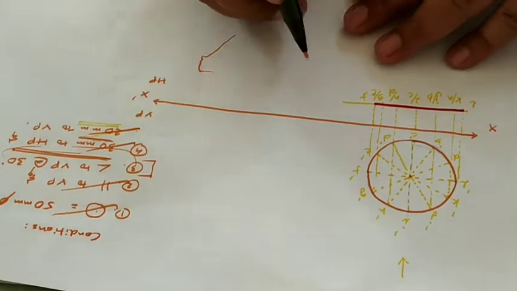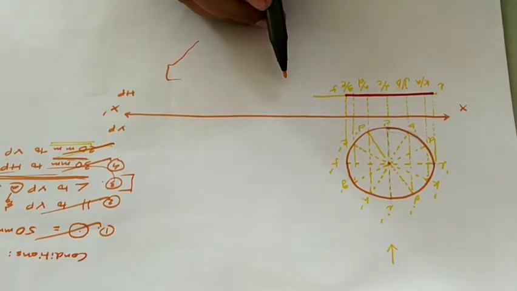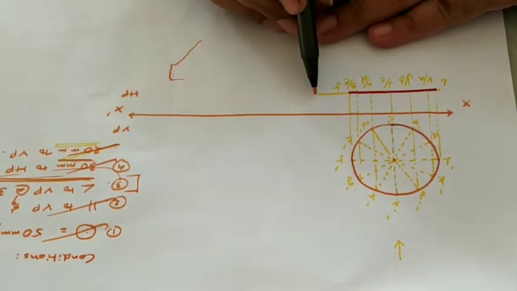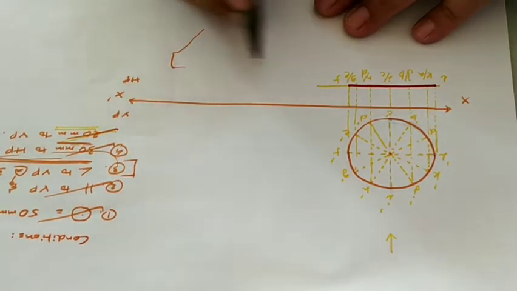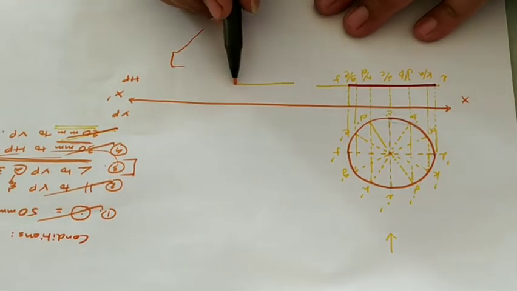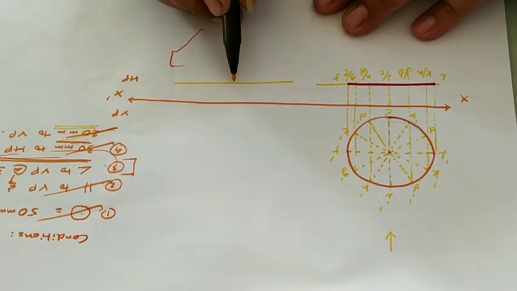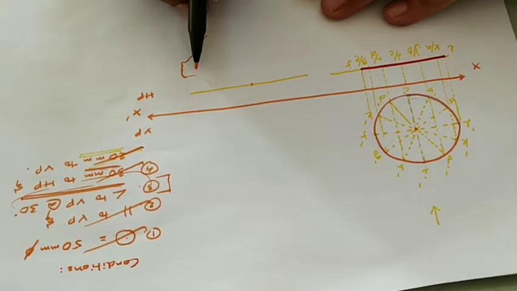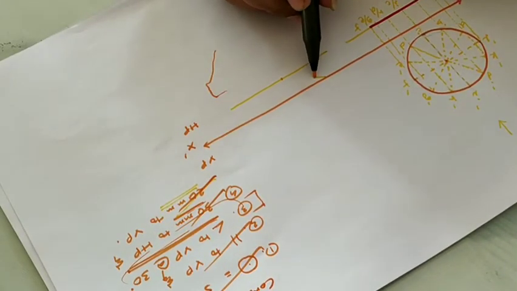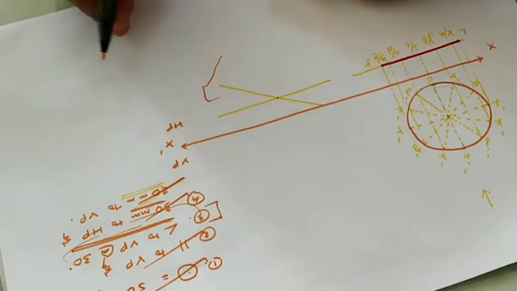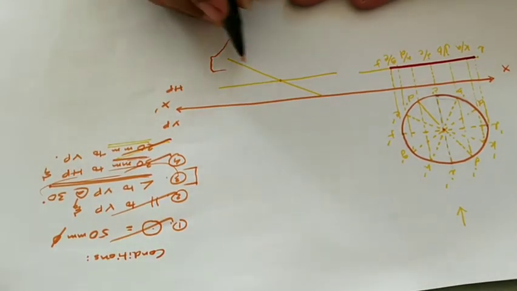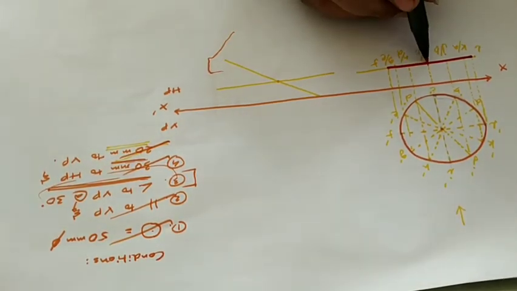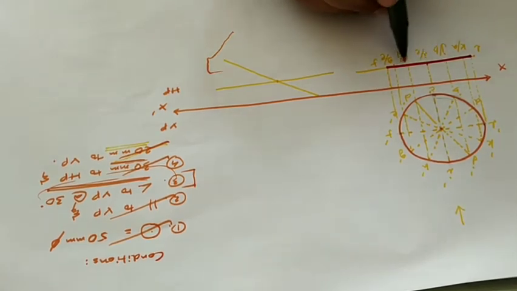So what do we do now? Here at this same level, 20 mm to VP, we draw a line first, and then keeping the center here intact, we incline the line at 30 degrees. Once you have inclined the line to 30 degrees, taking from here the central position IC, you take this distance.